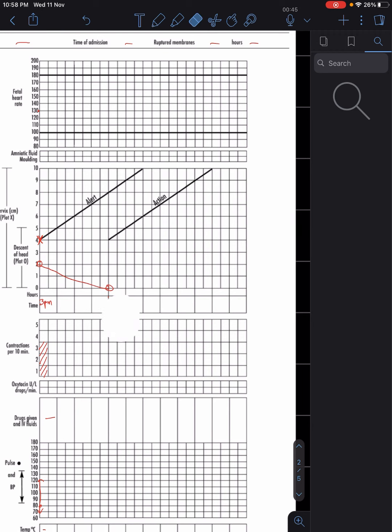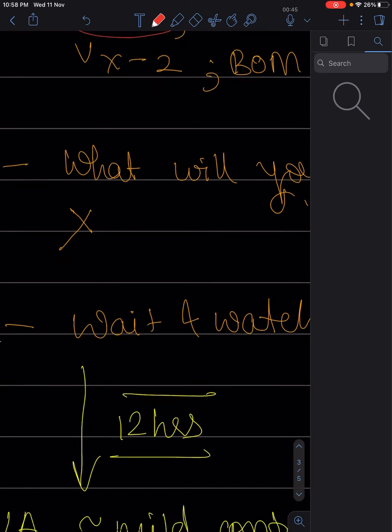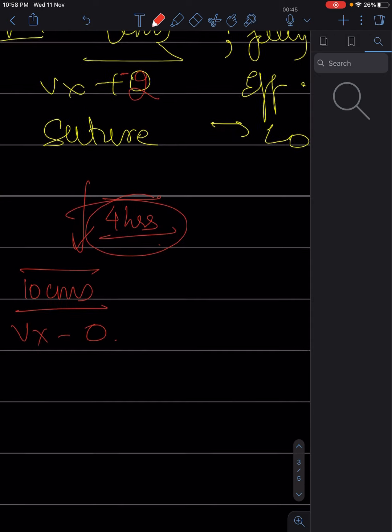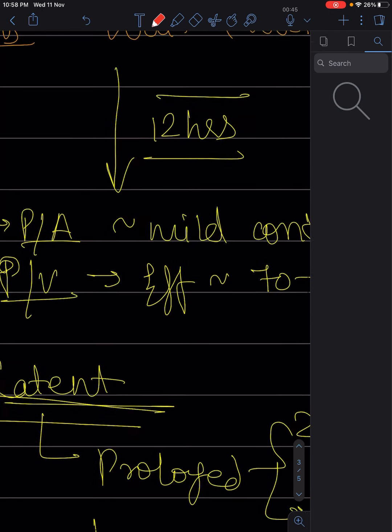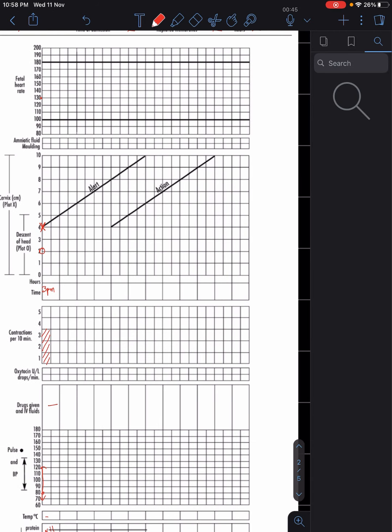And that was the normal case. That was a low risk case scenario, that you can say. Okay. Supposing the same patient, you see that after 4 hours, she is still at 7 centimeters dilatation, right? So now it is not left of the alert line, it has crossed the alert line, right? So it has crossed the alert line. And you have been taking into account her contractions also.